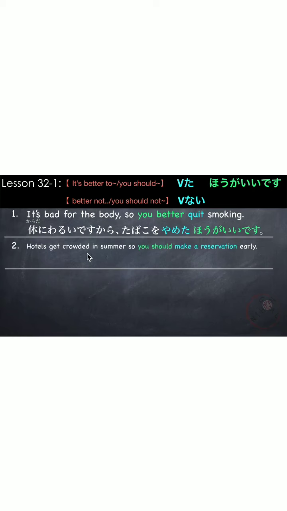Next example. Hotels get crowded in summer, so you should make a reservation early. 夏休みにはホテルが混みますので、早く。Our verb is make a reservation, which is 予約します。We change it to ta form, so it becomes 予約した followed by 方がいいです。夏休みにはホテルが混みますので、早く予約した方がいいです。